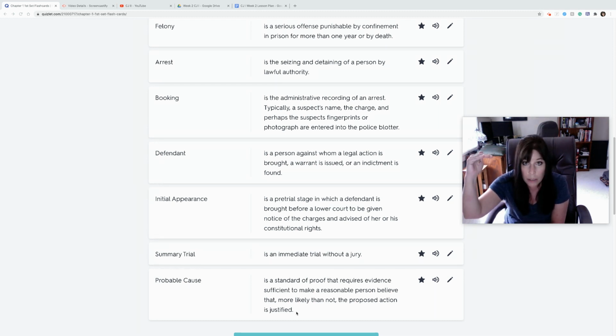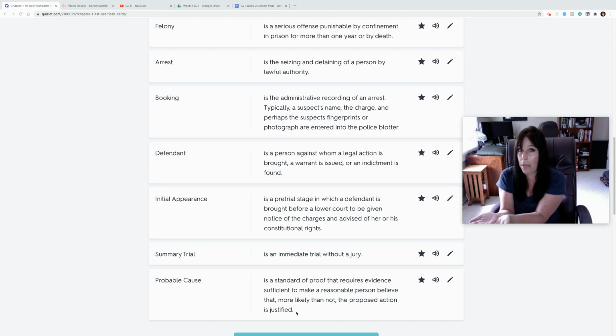Doesn't mean 100%. It means a reasonable person would believe that given this set of circumstances and this set of information, that this person did do a crime, and or there are illegal items to be found in a particular place. And it's all the circumstances around that event, that crime, that point to somebody. So again, I don't want to go too far into it because this is just vocabulary review, but there's a whole lot to talk about. Probable cause is the highest standard of proof that we have for policing.